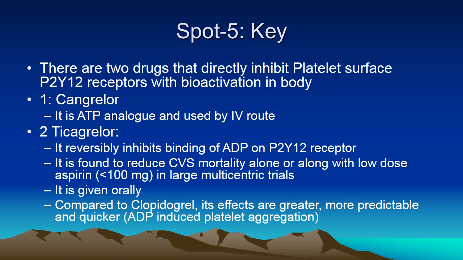with low dose aspirin, but the dose of aspirin should be less than 100 mg because in a large multi-center trial its efficacy is reduced. There is a clear antagonism when the dose exceeds 100 mg of aspirin. Compared to clopidogrel, the antiplatelet effects of ticagrelor are greater, more predictable, and quicker. Therefore, it is a dependable